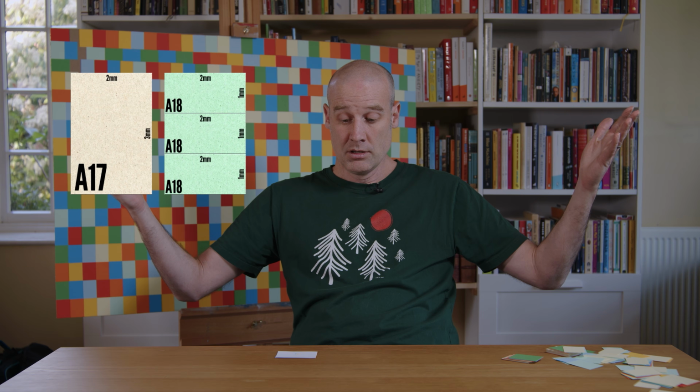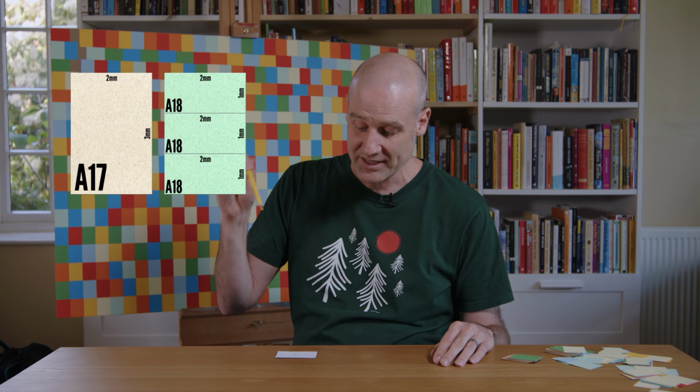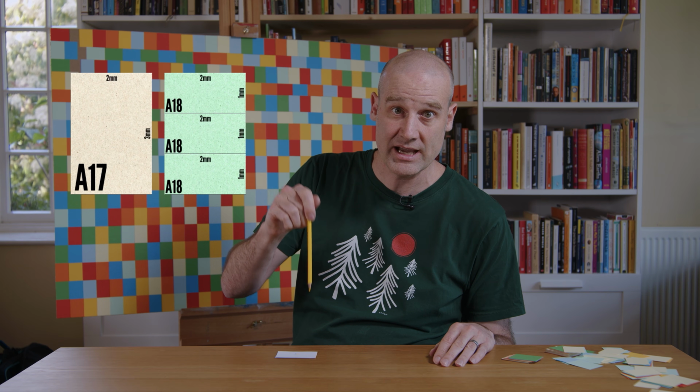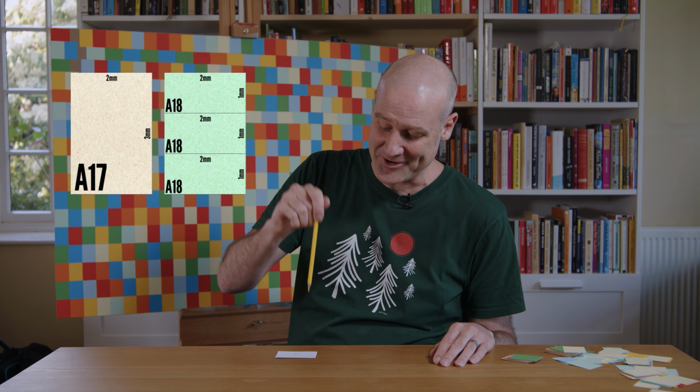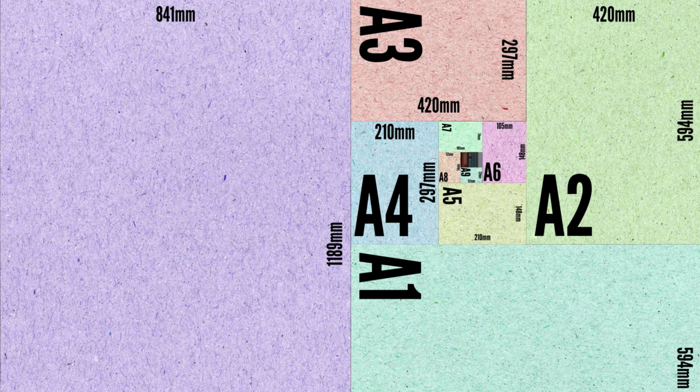We've now, on the A17, got a ratio of 1.5, no longer root 2, and on the tiny A18s, we've now got a ratio of just 2. Forget root 2. It's just regular 2. Isn't that ridiculous? I think you'll agree, worth us hiring that really fancy macro lens.